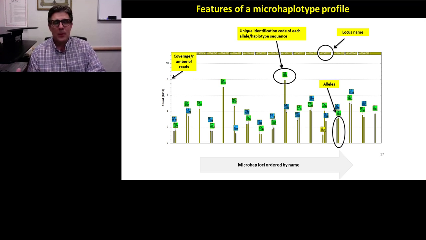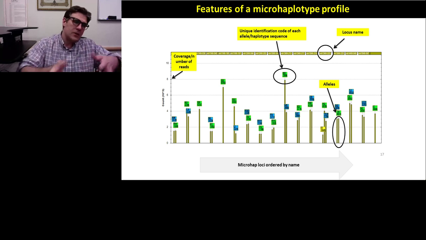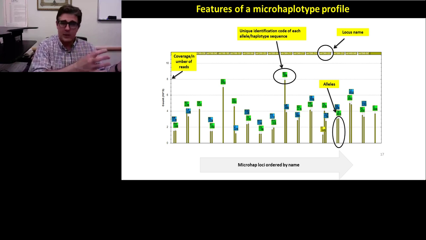But this is an example of how we would want a software to work. You select the sample, you run the software, and you get these bars. And then obviously the output has to be exported into a table that can be used for comparison. And if it's a mixture, there could be some initial manual interpretation, but this is a good way to